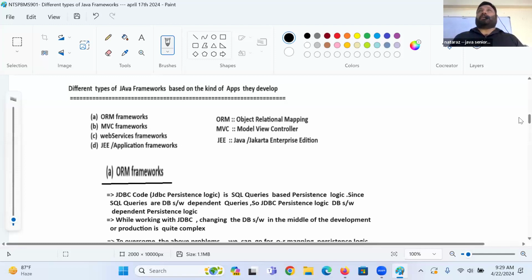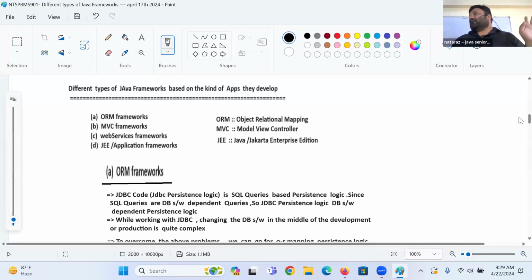What does ORM framework promise to us? I provide abstraction on JDBC and I will allow you to develop objects based database software independent persistence logic without writing any SQL queries.